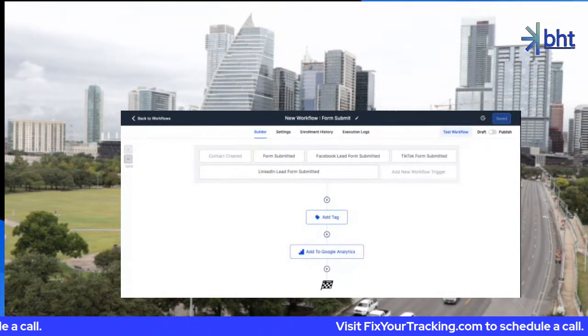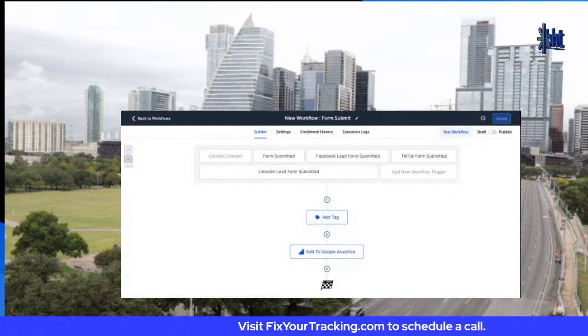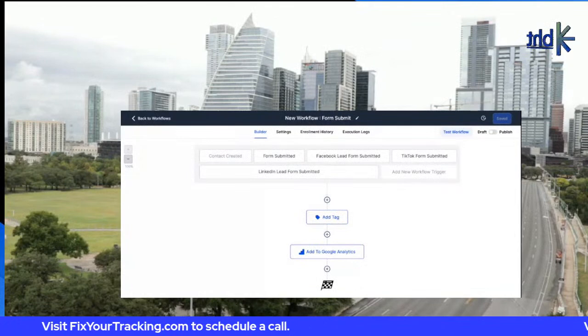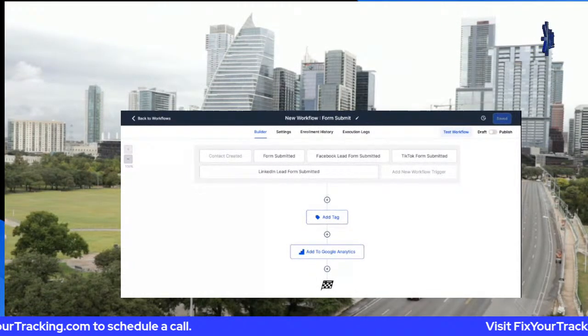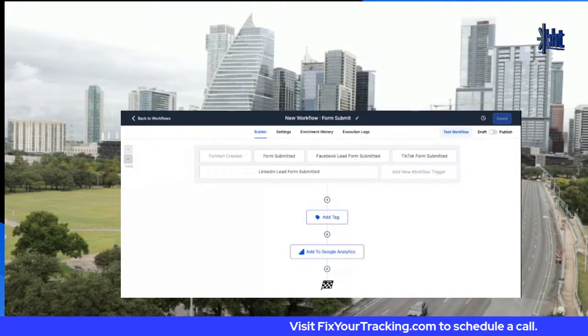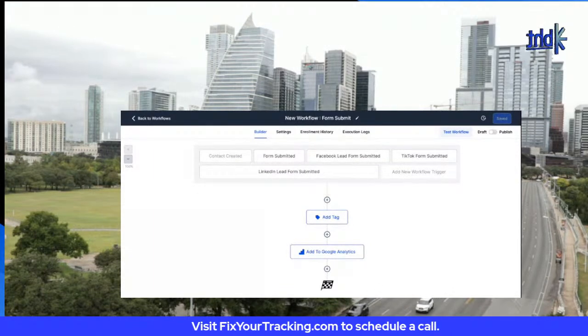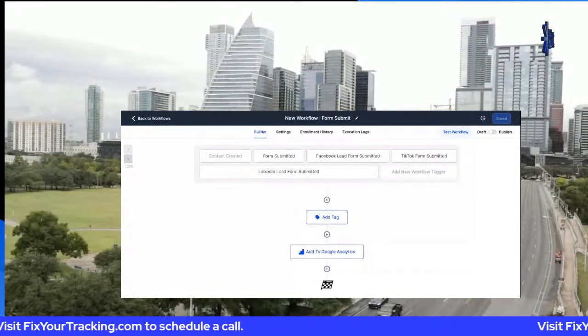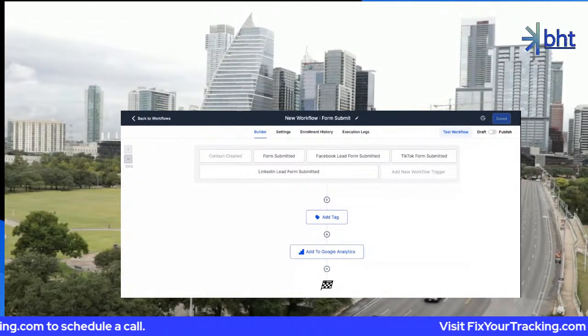You're going to see some of the stuff: first visits, page views, form starts, and whenever there is one, there'll be a form submit. Purchases are going to be automatically collected in the conversion section. We don't have any purchases set up to where people could even purchase inside of GHL just yet for BHT. However,